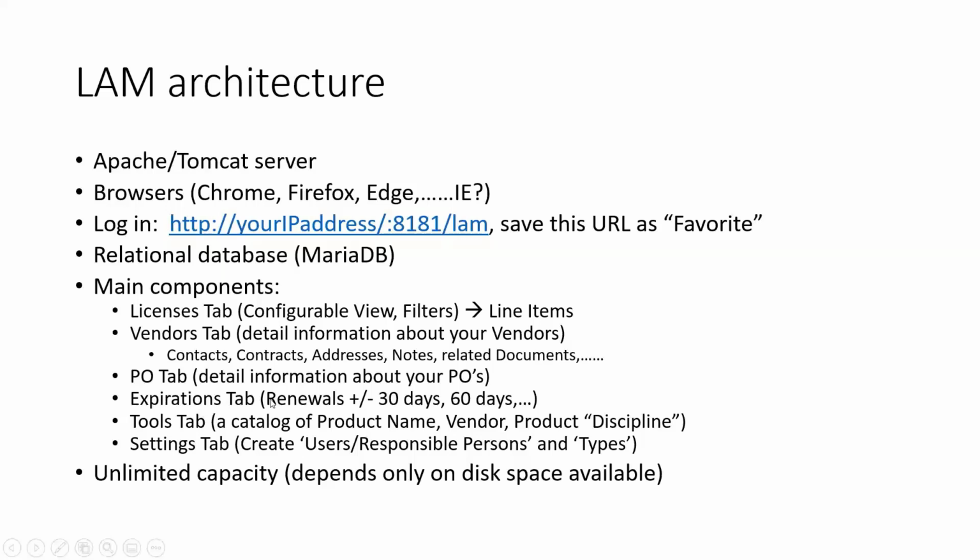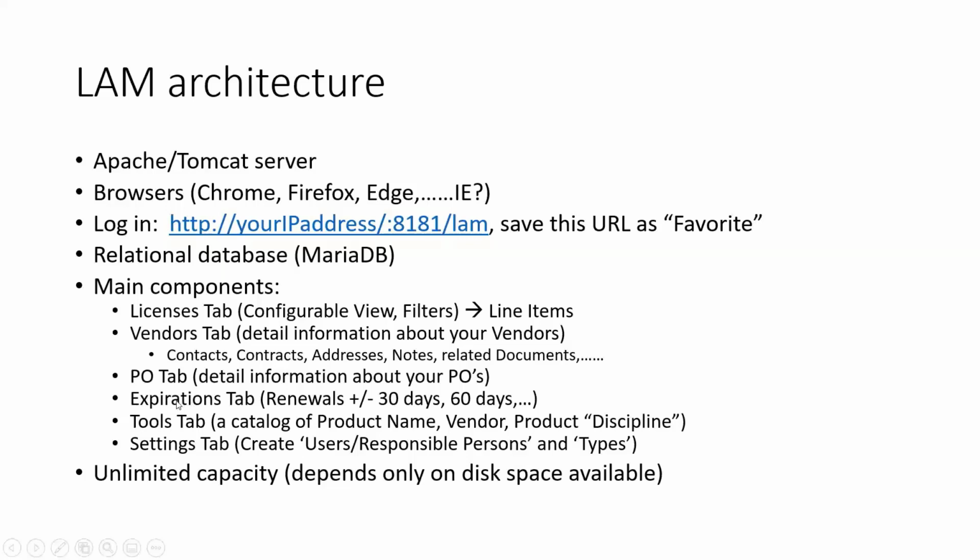The expirations tab gives you a quick view of your renewals, plus or minus 30 days, plus or minus 60 days, whatever time period you set. Essentially, it gives you a backward look and a forward look at all of your expirations. Expirations having to do with the renewal date. We track the license key expiration separately on the side of the tool. We're not going to talk about that today. We're going to talk about renewal